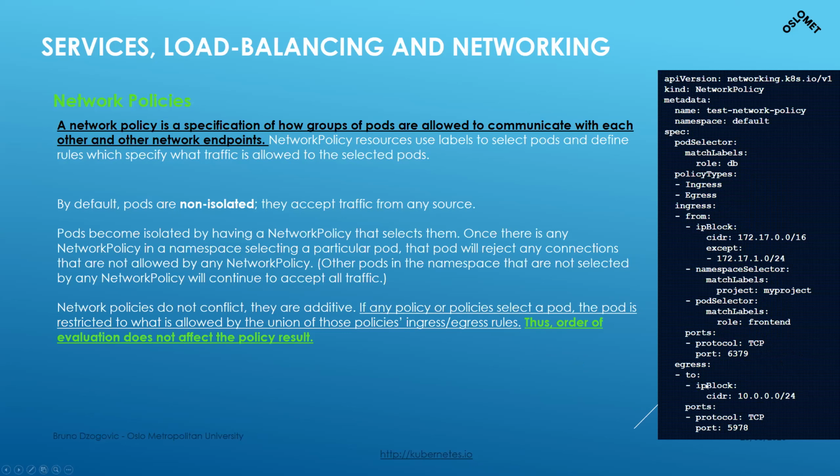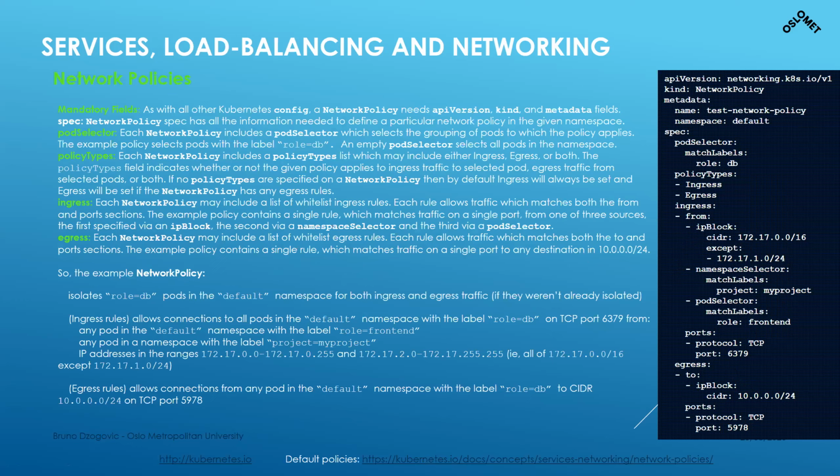So in case you have an IP block like this in egress and ports like this, everything coming from outside through your front end will just access these specific ports that are specified in the backend. In this case, you have a pod selector specifying the front end role and the specific project. And this will just add that everything is accessible to this except not this. So you can do filtering like this, network related.